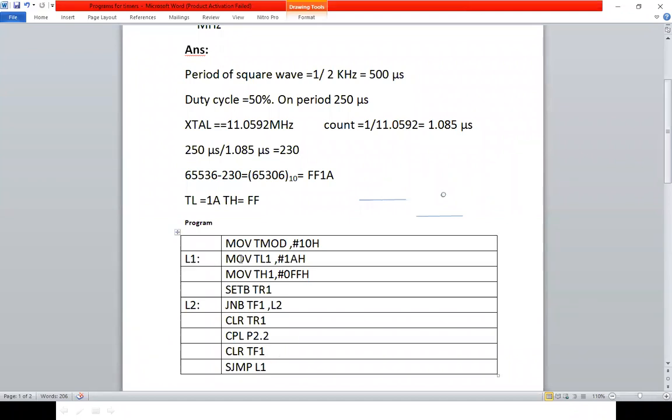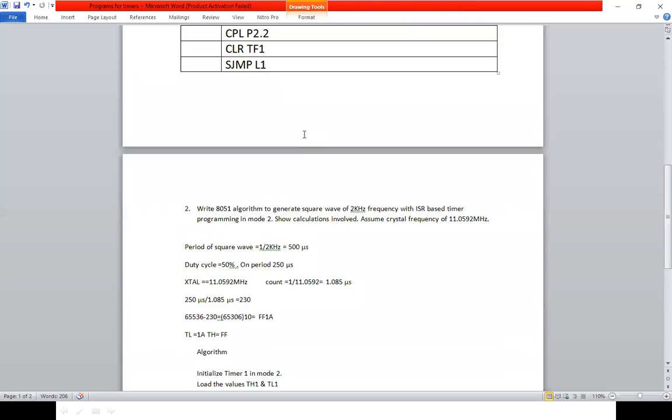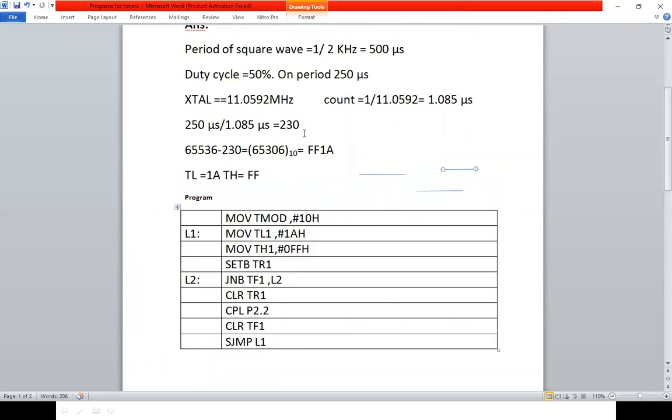Again you have to set TL1 to 1FH and TH1 to 0FH, and counting will start again. The positive stop will come again, and when TF1 is 1, the overflow flag will be generated and counting will start. So this is the programming of the timer. The next program, the interrupt program, we will discuss in the next lecture.